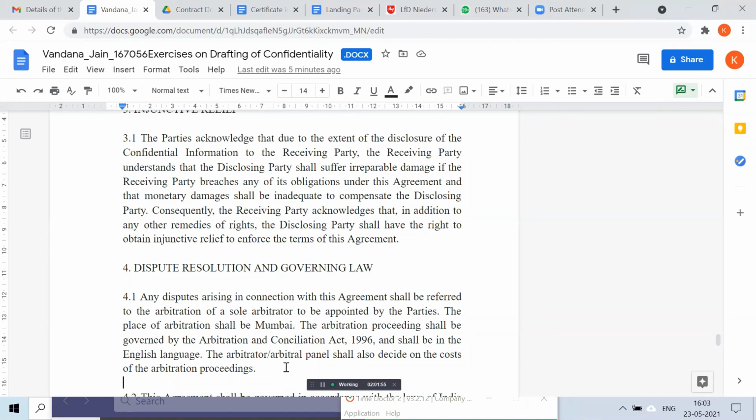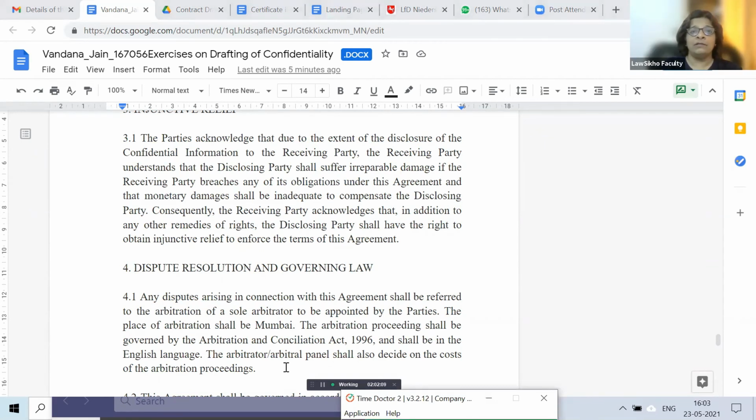But if it gets leaked for other reasons, like let's say there is some natural calamity and your things get damaged, that will be covered in the force majeure, I think. Then you put it in the force majeure clause. Any of the disclaimer clauses can be added here. There will be a force majeure clause that if due to an act of God or circumstances totally beyond the control of the receiving party, things get leaked, then the receiving party will not be responsible.